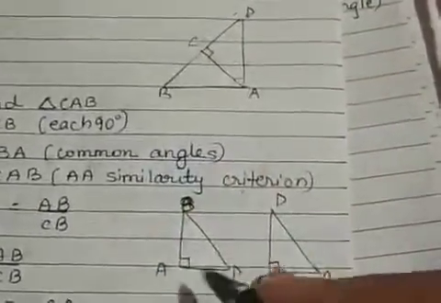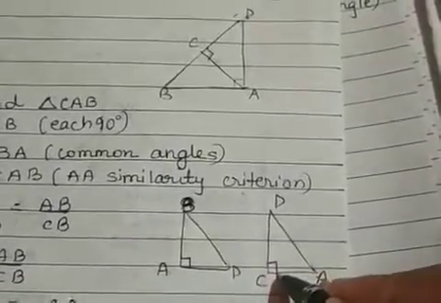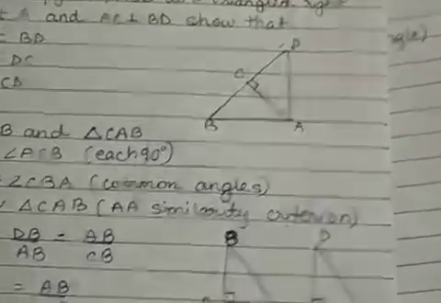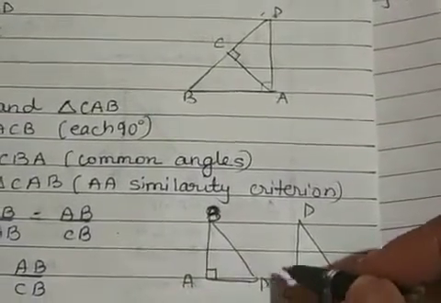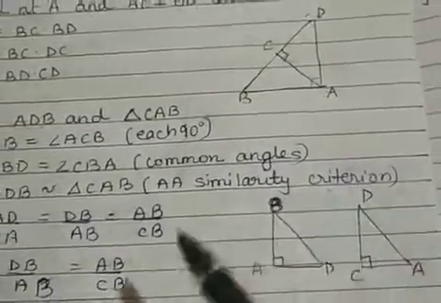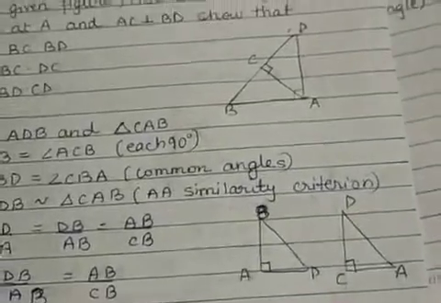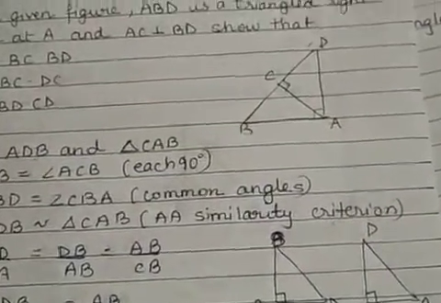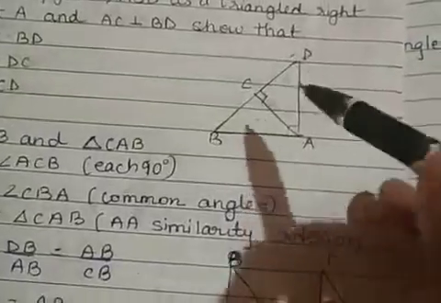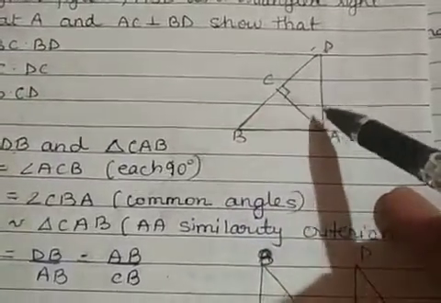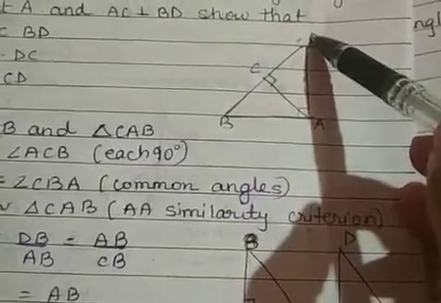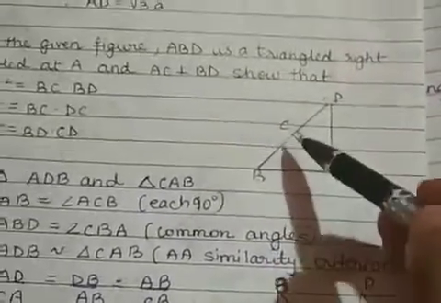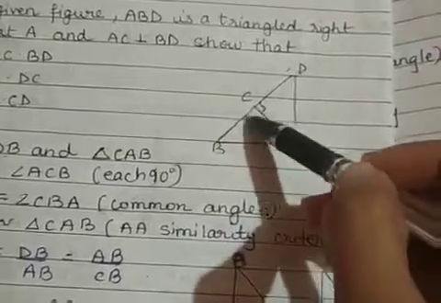So you know A should correspond to angle C, correct? Then if you take A corresponding to C, then you know that the sides also should be proportional or should be taken in that way. Now which is the other angle which is common to both? One is this triangle ABD. The other one you are taking is CAB. So we need BC, correct? So the other triangle will be this.